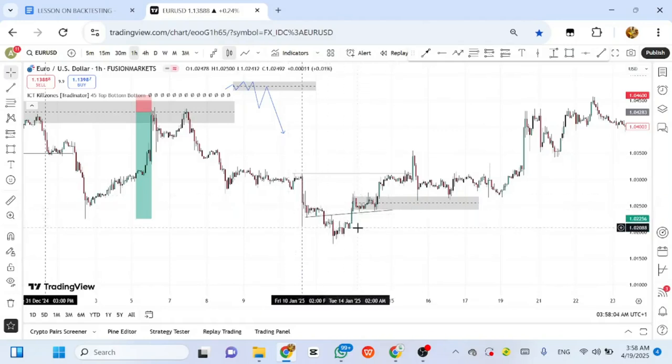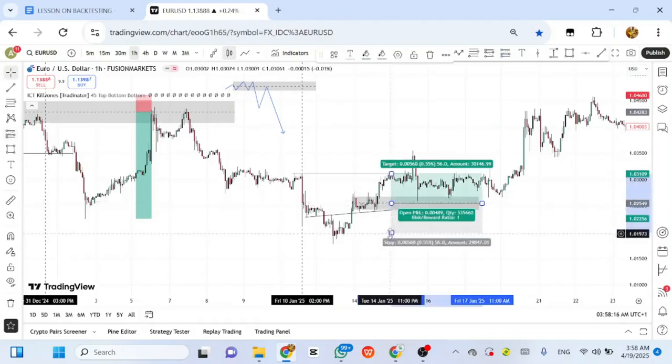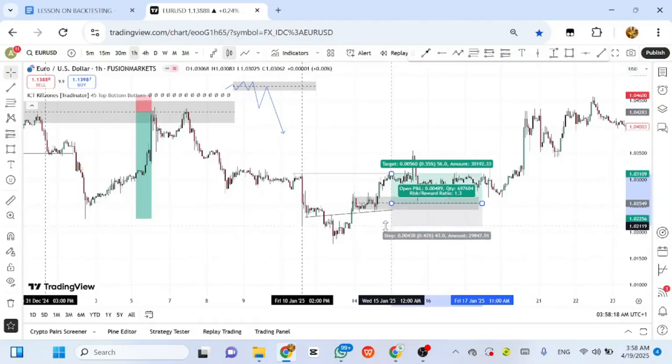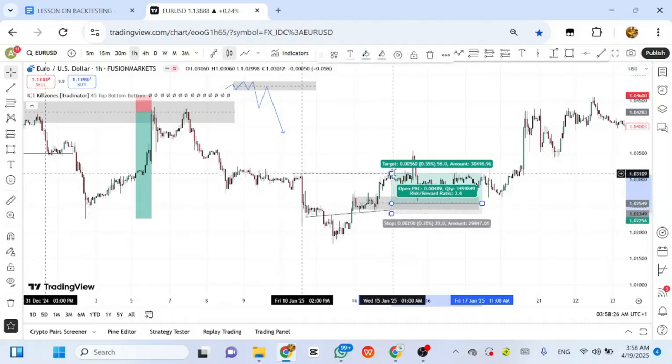So now what am I doing? I said we have a risk entry. So if you're using risk entry, what will I do? I'll just simply put my risk entry. I can put it in this middle, right? So you can see if I put it in this middle, that means this trade. So where will I put my SL? I'll simply put my SL at this low, because this is the zone that interests me. So I'll just put it a little above it. Then where am I targeting again?